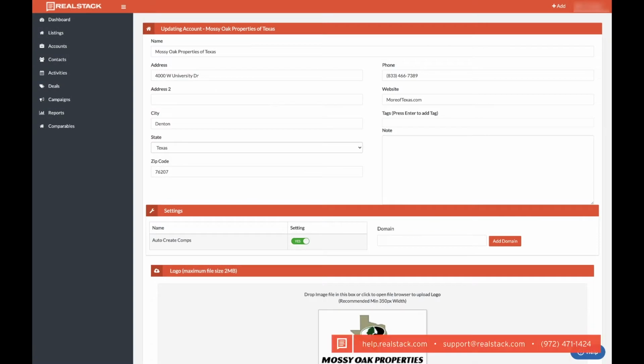At REALSTACK, we recently introduced a brand new feature that is the auto generation of brochures. This is extremely important to our clients because brochure downloads are the #1 lead conversion type across all of REALSTACK. So what we wanted to do is generate a PDF brochure for every single listing we have in our system